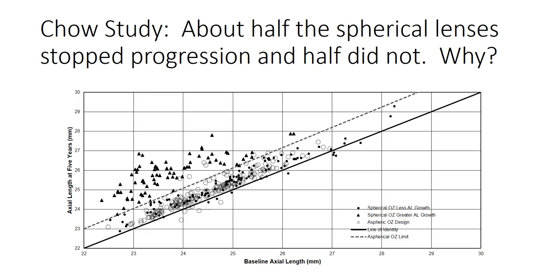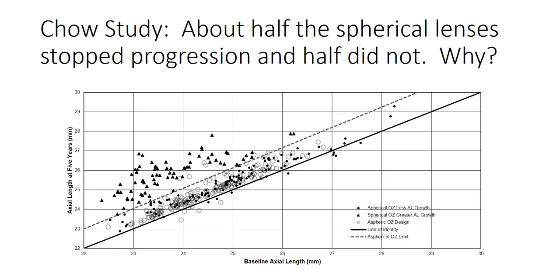Now we're going to discuss multiple logistic regression. Basically the same thing as multiple linear regression, the difference being that the dependent variable is binary. In this case, we're going to recall the Chow study, and in this study, there were two types of lenses,